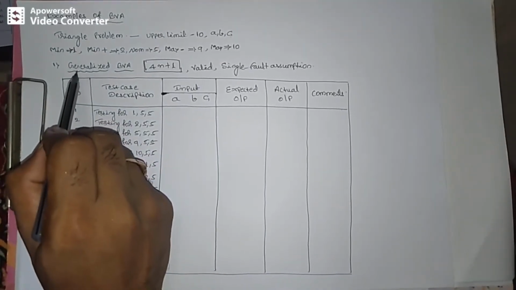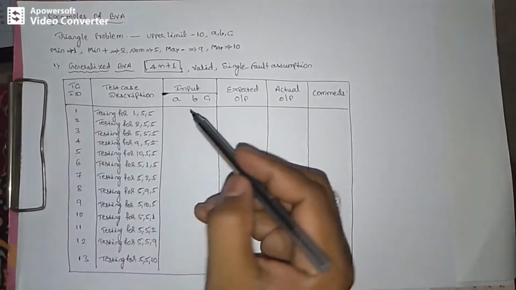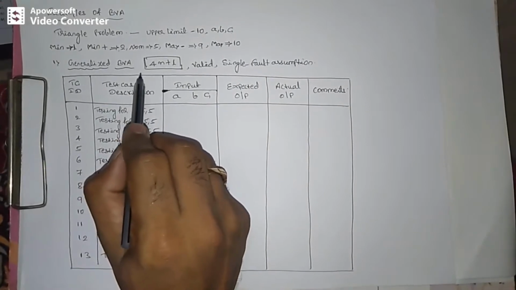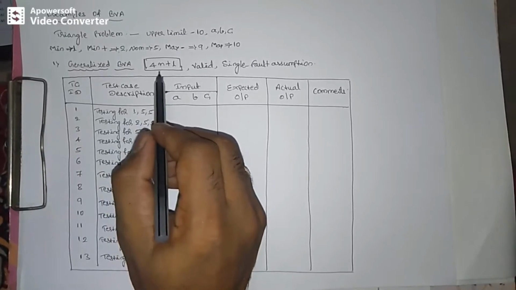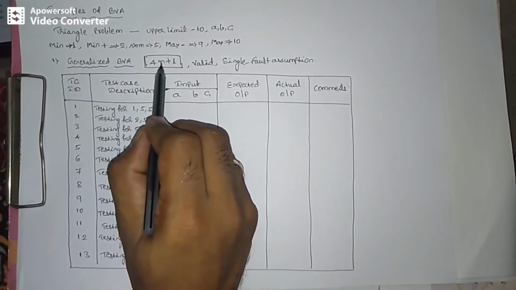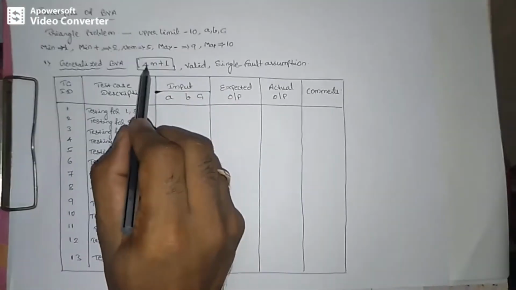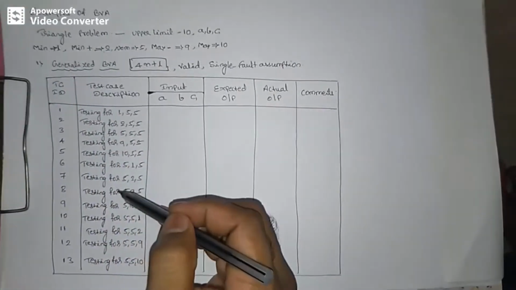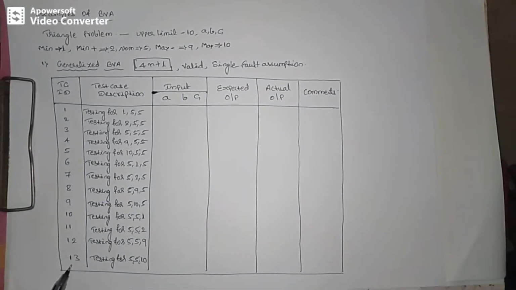So for your reference you can write these values. Now we will start with our generalized boundary value analysis test cases, how to write them and how to enter them into the table. All of us know from the previous video, this is the formula to calculate the number of test cases generated under the generalized boundary value analysis method. That is 4n plus 1, where n is the number of inputs. In the triangle problem, we have 3 inputs, therefore the n value will be 3. So here we are generating 13 test cases. Total you can see here, I have written 13 test cases.